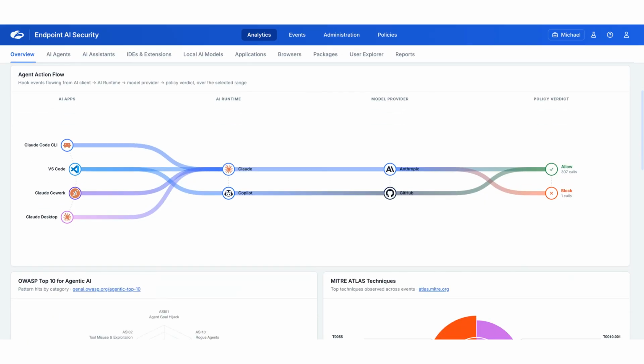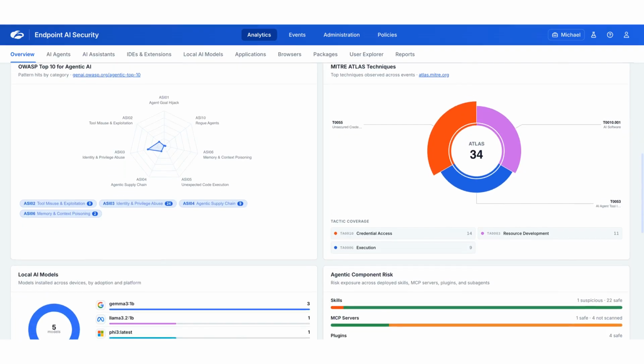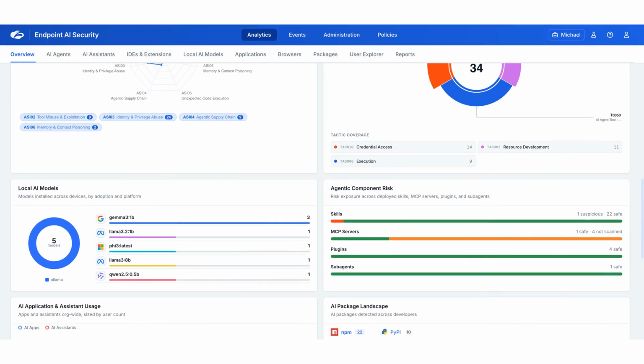We get a great summary view of our agent action flow here. For example, Claude Code CLI connected an AI runtime to Claude through Anthropic, and we've actually allowed that as an action, for example. Insight into things like OWASP Top AI, MITRE Atlas, for example,